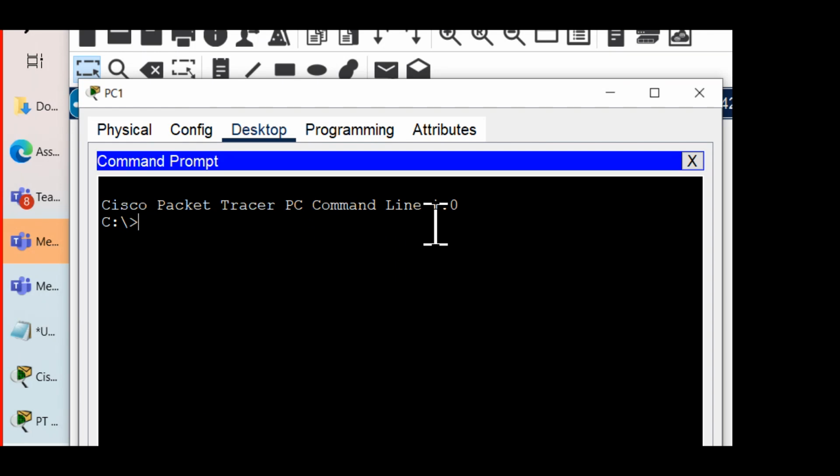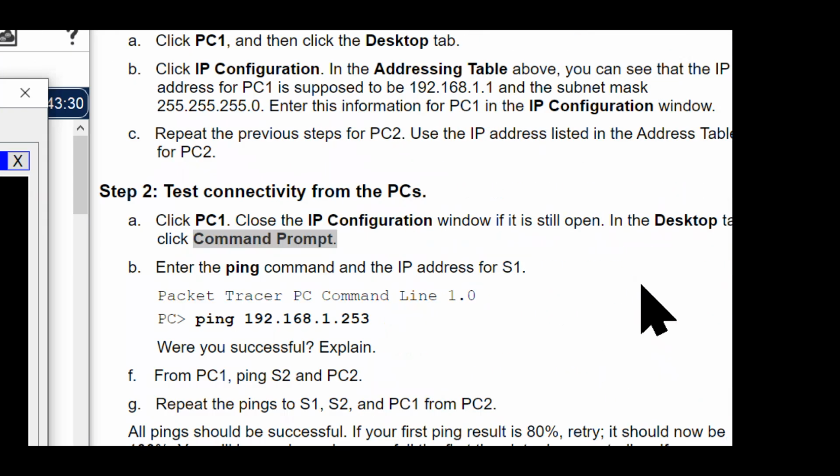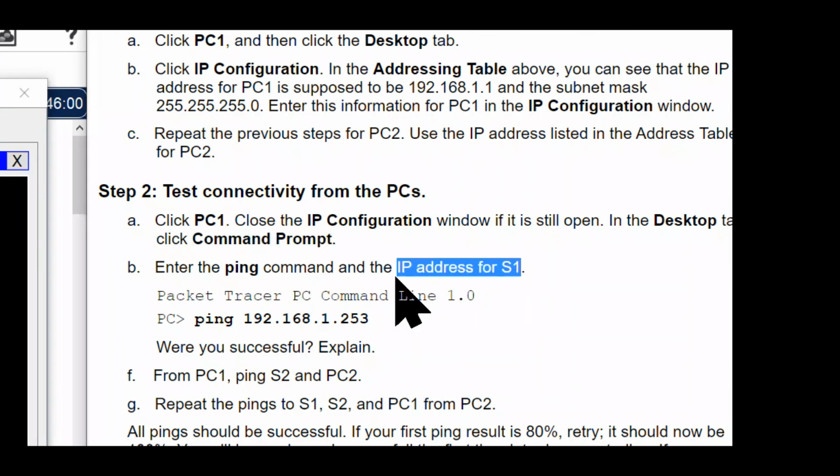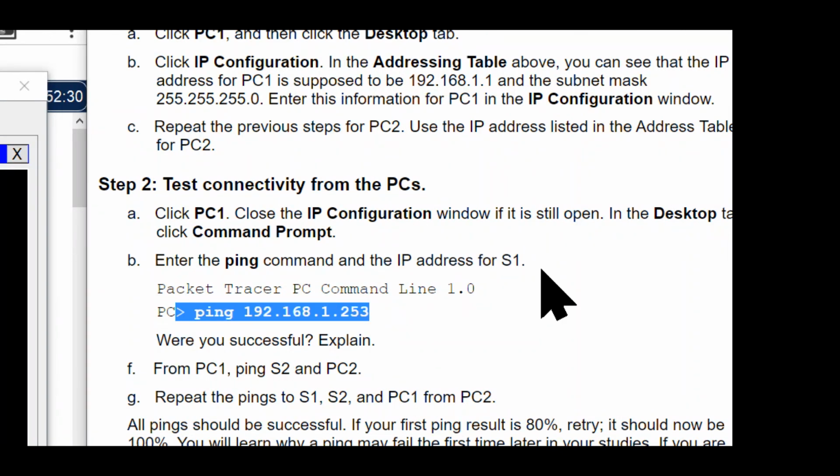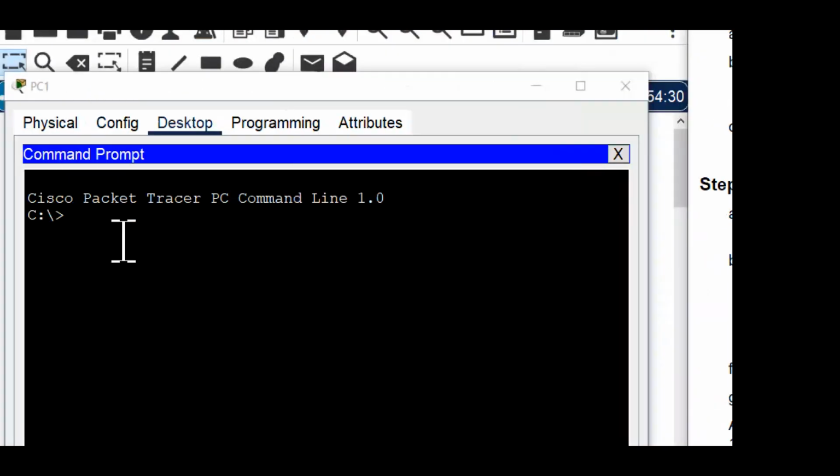Let me ping the address for my S1. Okay, S1 is 192.168.1.253. So let's do that. Ping 192.168.1.253. Press enter